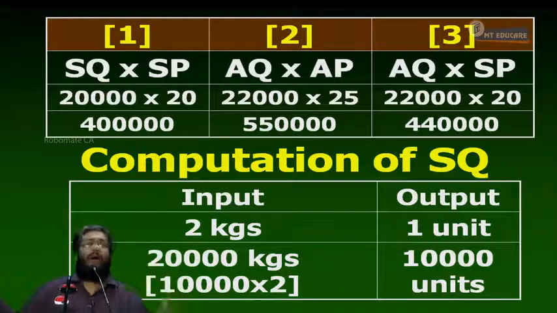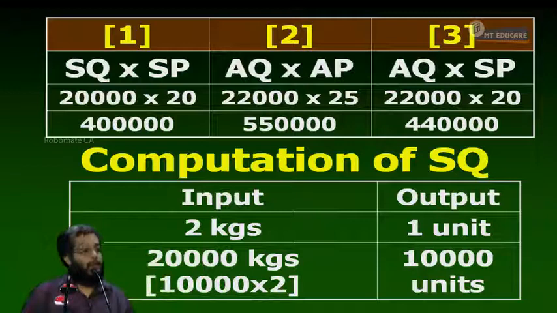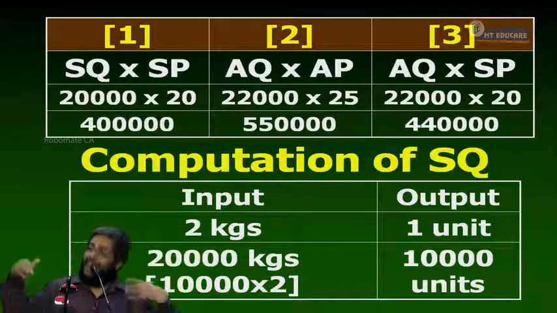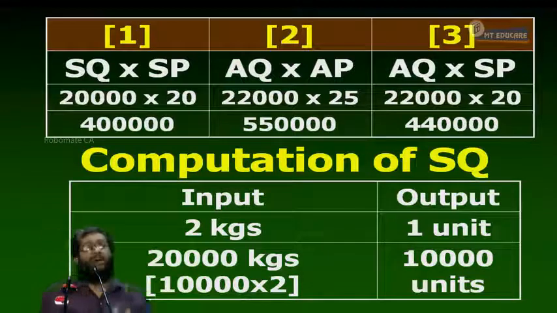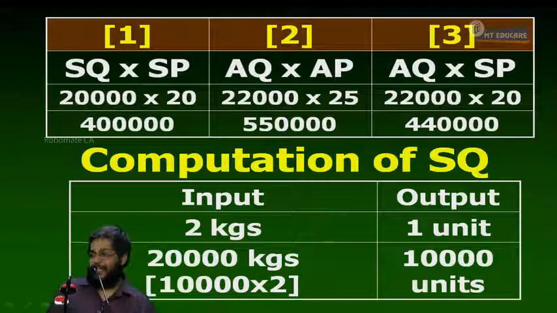Yes or no? Why is the raw material cost overspent? Probably the price has been paid extra or the usage has been extra. When you look at the price, I call it what variance? Price variance. Tell me what price I paid? 25. What should I have paid?